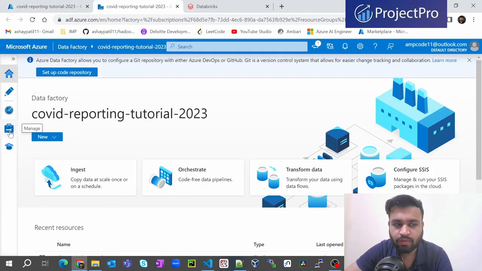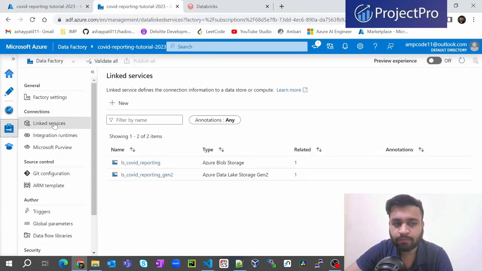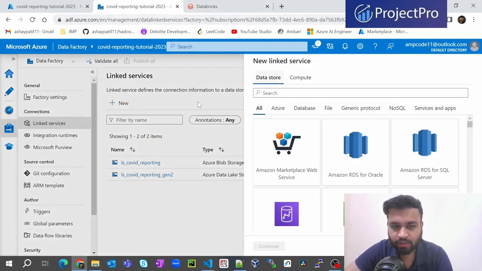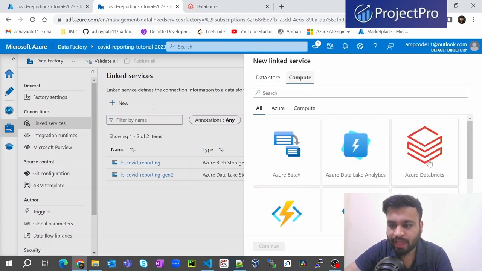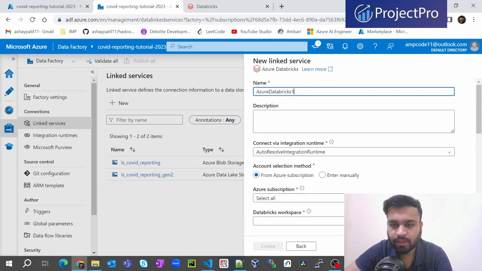So all you have to do is go into Manage, and in Manage, first we need to create a linked service for our Databricks services. In the linked service we can click on New, and in Compute we will have our Azure Databricks option. So I'll just click on Continue. We can give it a name. I'll just give it DB for Databricks